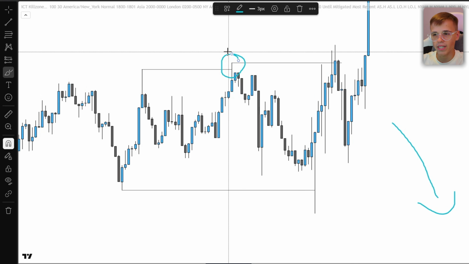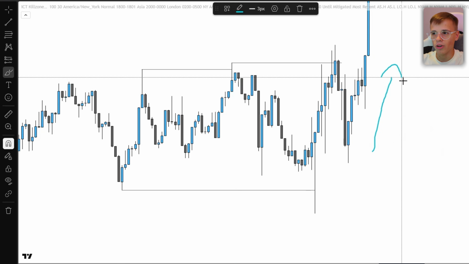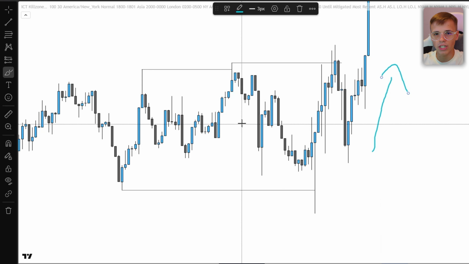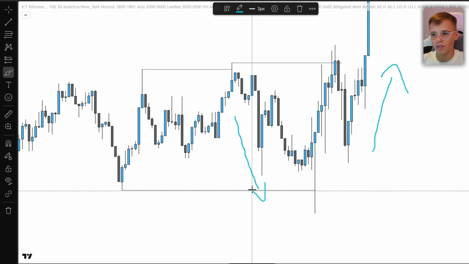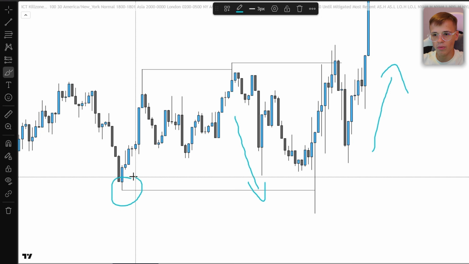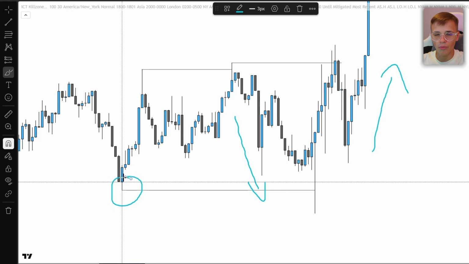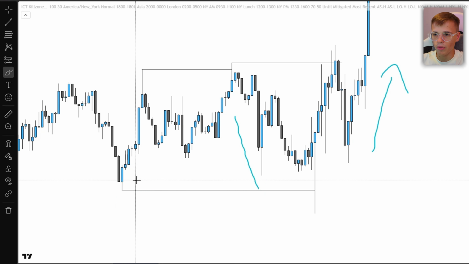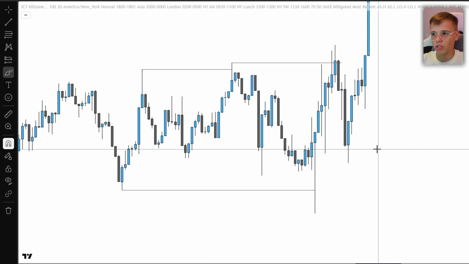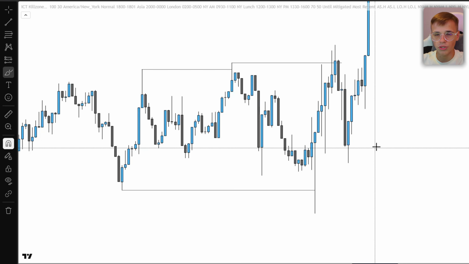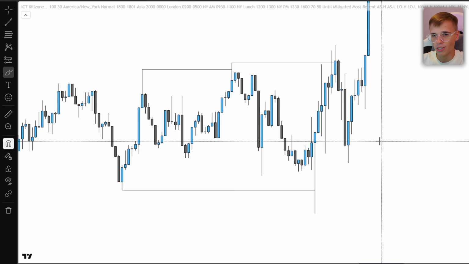So if we want to target something to the upside like this, we always need to see a liquidation to the different side, taking some kind of liquidity, because then we know we are with the market, with the fuel, and we are going to go in the right direction. So always, if we want to trade one direction, we first need to see manipulation towards the other direction, because then we are sure that we are trading with the actual banks and huge institutions.